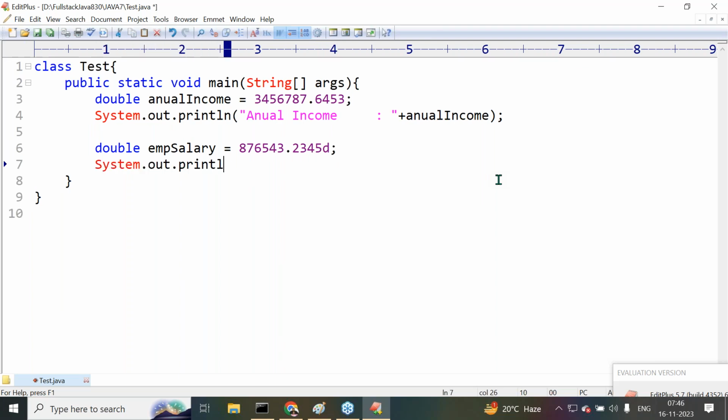System.out.println of, right. Then what we have to provide there: emp salary, like this, here we can provide employee salary plus